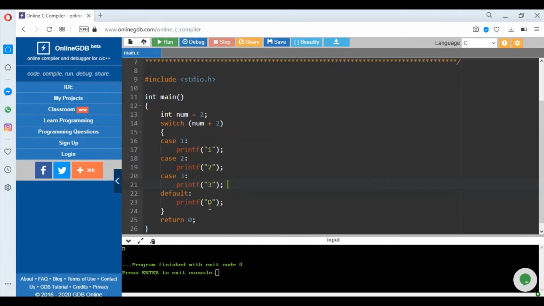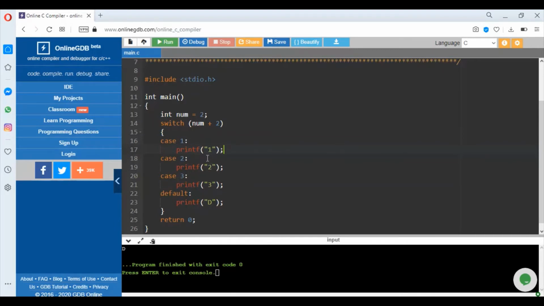This is a little bit tricky program here. What we wanted was, if the case was 1, then only you should print 1. If the case was 2, then only this 2 should be printed here. And if the case was 3, then only 3 would have been printed here, right? So what we want here is that after this case 1, the other cases should not get executed.